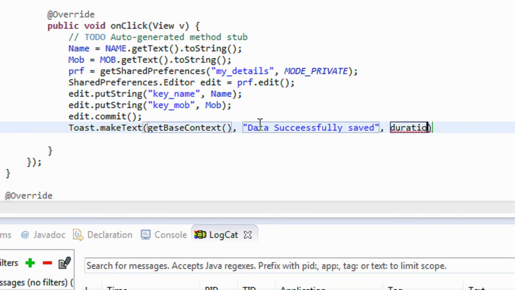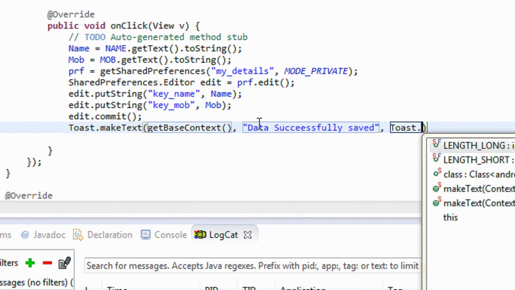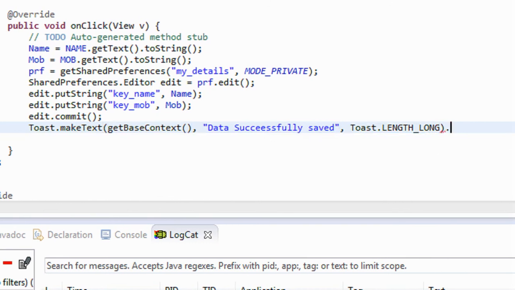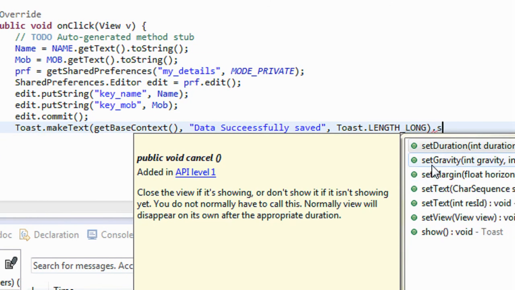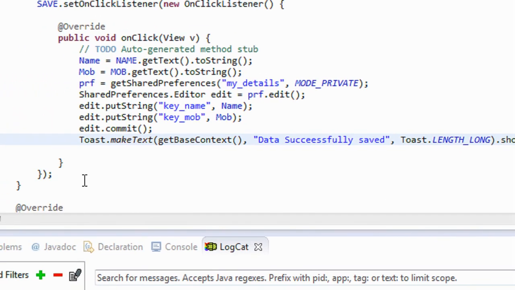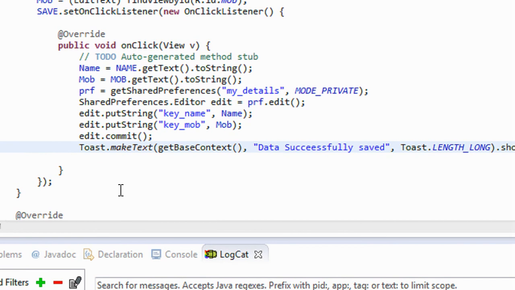And also you need to specify the duration for the toast. I make it as long and make the toast visible using the show method. Okay guys, this is how we save the data into the shared preference object.